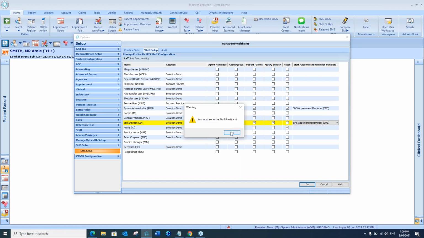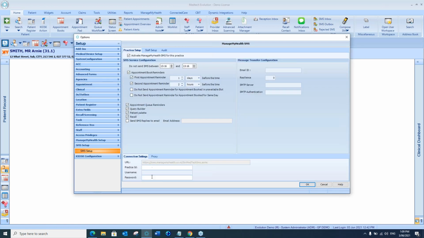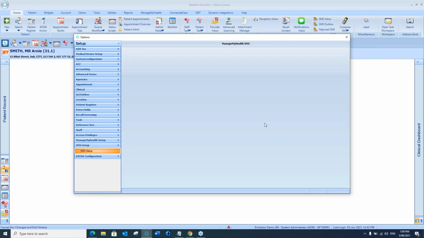And this is because I haven't entered my credentials. So I'm just going to ignore that for now because I don't want my text messages to go anywhere. So this will make sure that they don't. So I'm just going to cancel that. Okay, so the next area to go in is,